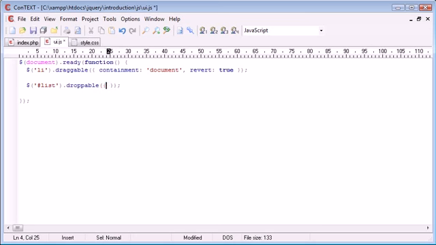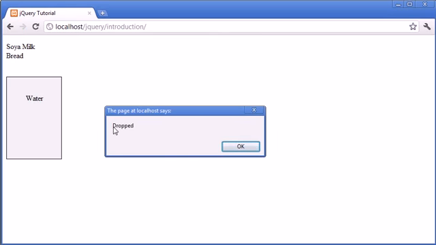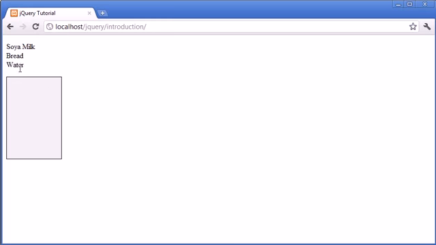So what we're going to do is inside curly brackets, we want to say drop function, and then inside this function we're just going to go ahead and say alert. Let's just pull that over a bit. We want to say alert dropped, and this will check if it's working. So yeah, it is working. As I drop this element over, we have this dialog saying dropped, and then that reverts back to